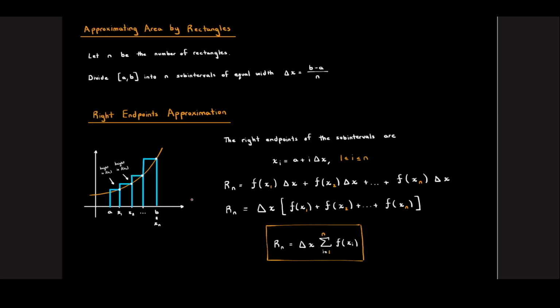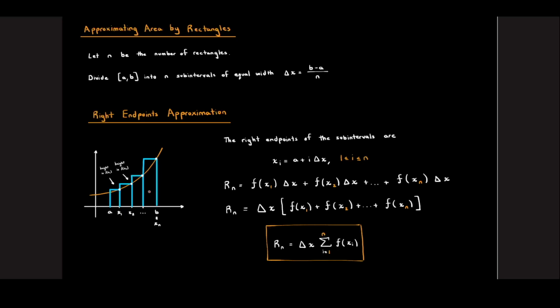When you plug in 1, you will get x1. When you plug in 2, you will get x2. When you plug in i equals 3, you'll get x3. And all the way to the very last right endpoint, which would be xn. So you just plug in n, and that means you go n multiples of delta x, which is your fixed width. And so now to get our approximation, we simply have to add up the area of each